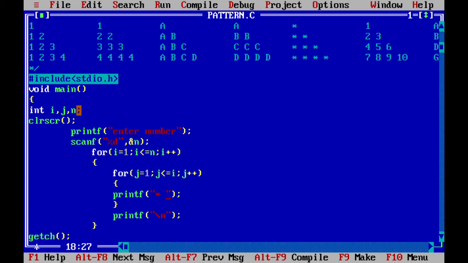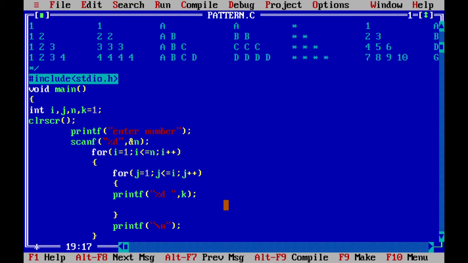So we have to take another variable. I will just take one variable k, and here we are going to start printing from 1. So use k is equal to 1. Why do I initialize k equal to 1? Because I have started printing from 1. So I initialized k with 1. After that, what do I have to print here? I have to print the value of k. So use %d here to print the value, because the data type of k is integer. So I have printed the k value.